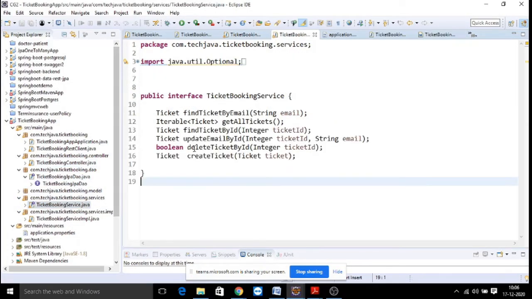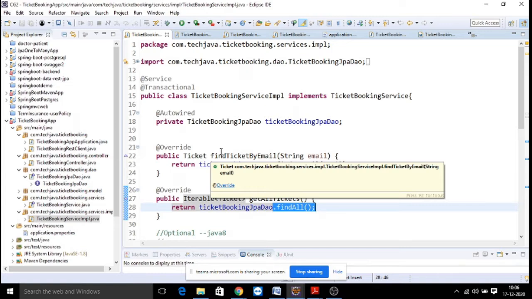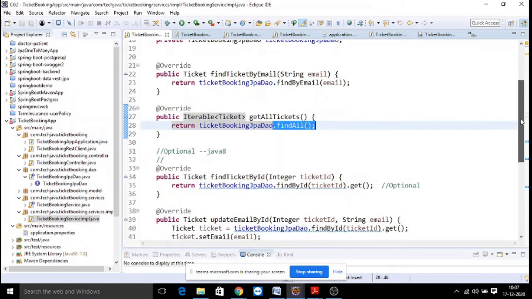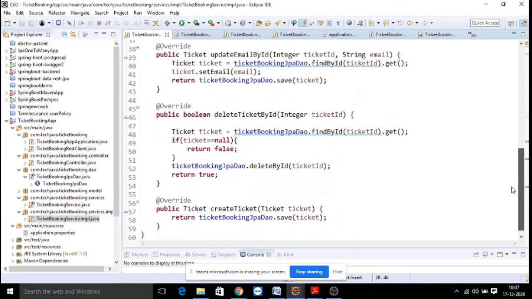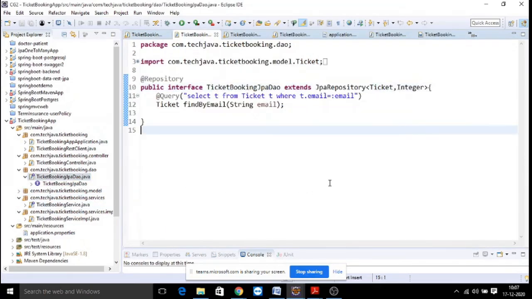Service is an interface with all the CRUD operations, and IMPL is an implementation of your service interface, which will invoke your DAO every time and invoke all the methods required to perform find, read, update, delete operations. The implementation in the DAO is very simple, we don't need to write any customized methods unless some customization is needed in our query.